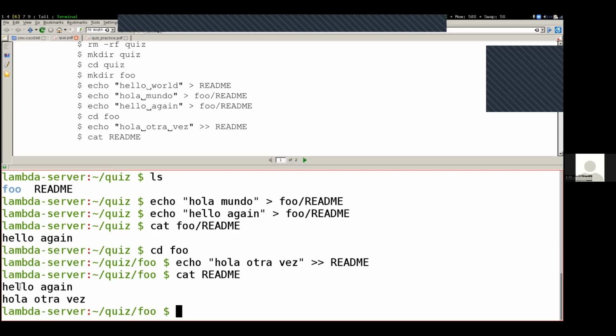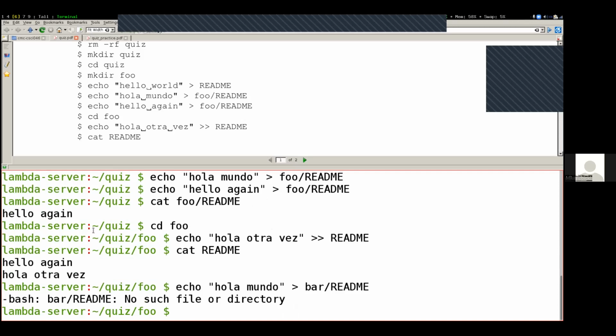Any questions on this problem? Yes. Just in general, do you have to make the directory before you can make files inside a directory? Good question. So here we were using output redirection, and before doing foo slash readme, I ran the mkdir. Let's try this again. Hola mundo into bar slash readme, and you'll see that we get this no such file or directory because bar didn't exist. So yeah, with output redirection, at least in